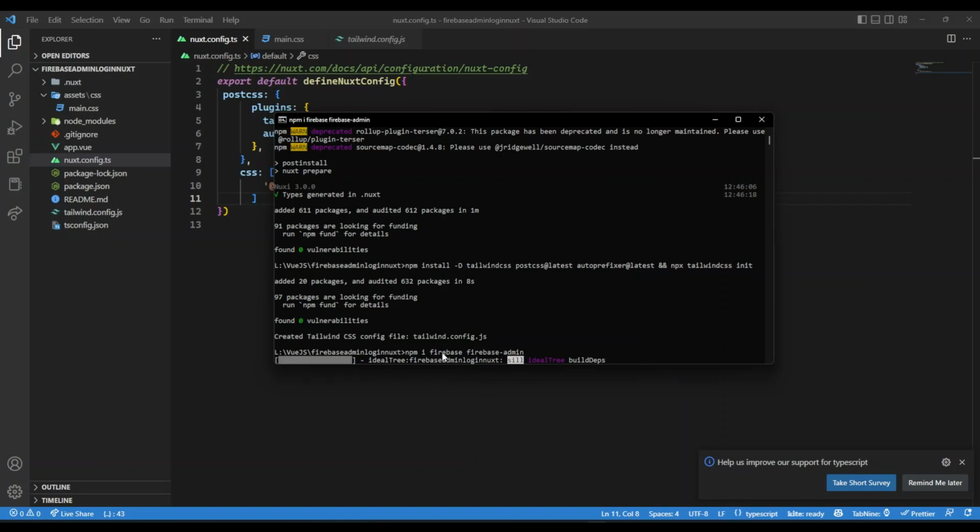Now, why do we need the client side even though we are dealing with the server side? Well, the reason being, we'll be authenticating the user on the client side and then sending the request to the server, in this case our Nuxt API, which will be in our server folder only. And there we'll be saying that, okay, this is the user, please create a session cookie for it. And that's it. We'll use that session cookie further down the line whenever we want to authenticate the user for